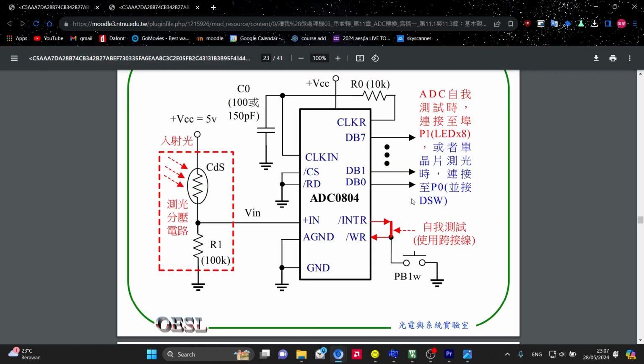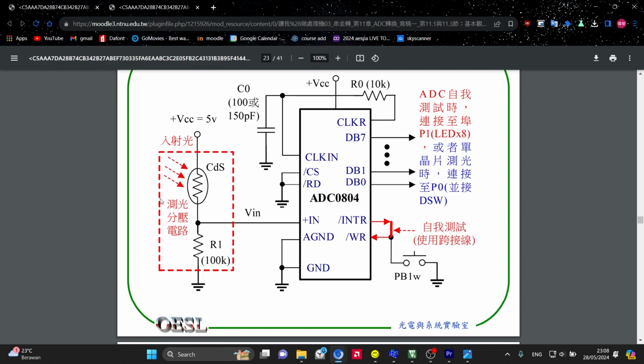And then the last part of the circuit, we have a CDS photoresistor right here that is connected to VCC with positive 5 volts and is connected to the ADC 0804 that is connected to the microprocessor, but in the final project it is also connected to the RS232, so it also can change the output depending on the light sensor right here.